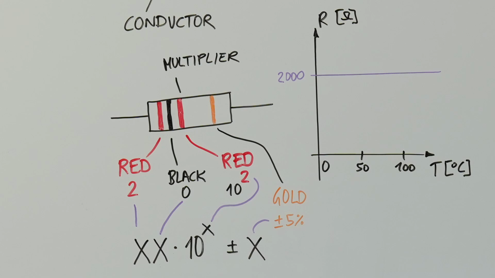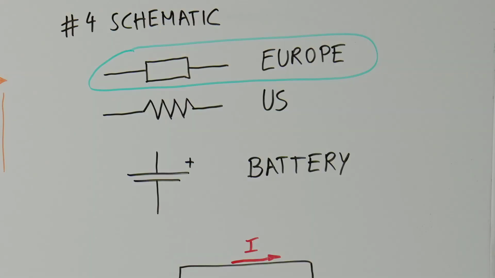The first 2 to 3 rings represent the digits of the resistor value, while the second last ring provides the multiplier and the final ring provides the tolerance. We can illustrate the wiring of our components by a schematic with the specified symbol each component has. A battery is indicated by a symbol with a longer and a shorter line, where the longer line represents the